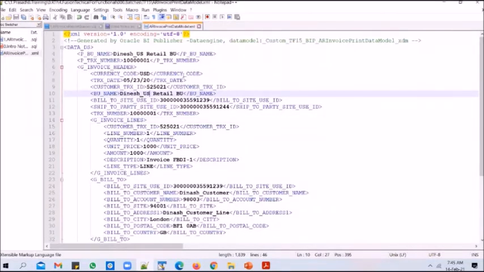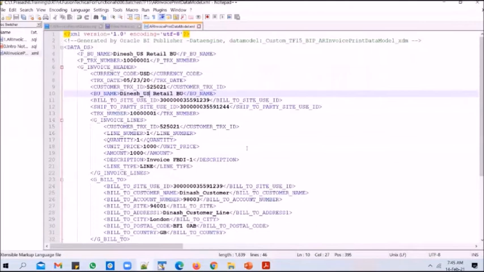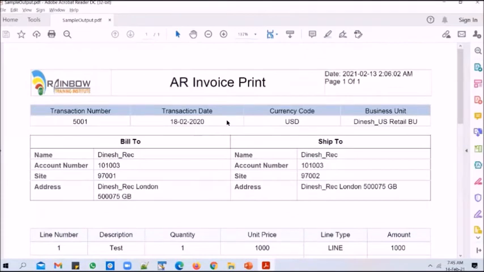Yes, for each attribute you have a start and end tag, but do you think it makes sense if we print this in the output of the ESS job? So if a business user runs the report, if we print this straight to the output, it doesn't make much sense, right? And it's not easy to read and understand as well. So there comes a requirement to convert this XML into a more readable format, such as a CSV or a PDF document. Because at the end of the day, what needs to be sent out to a customer is an output like this. We cannot send this output to customer. So we need to convert this XML into PDF, and that's where the report comes into picture.